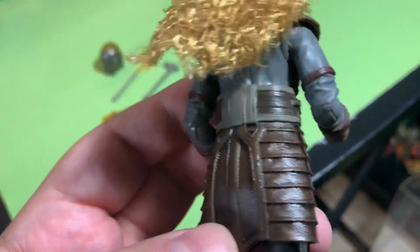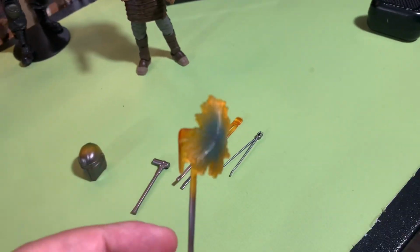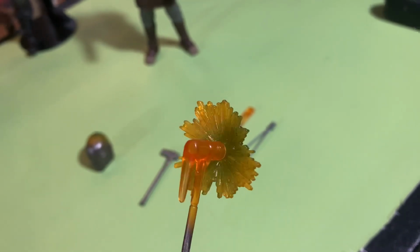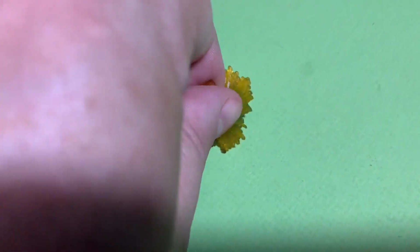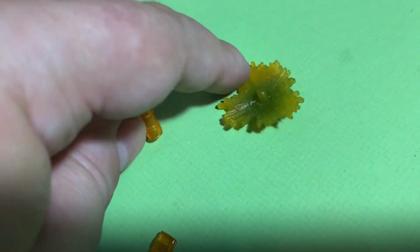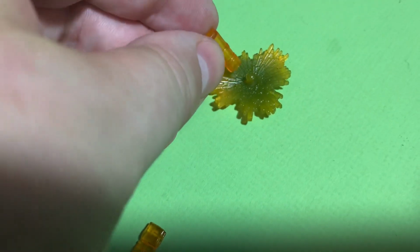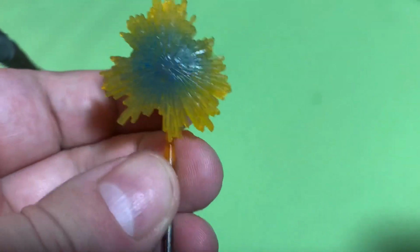The armor around her, the detailing is just fantastic. The belts, the things, I really like it. Here's how the splash of molten metal goes onto the hammer. There's just a little peg there on this thing, and there's a hole in the tip of the hammer on one side, and it just kind of pops its way on there, and you've got this molten splash of metal